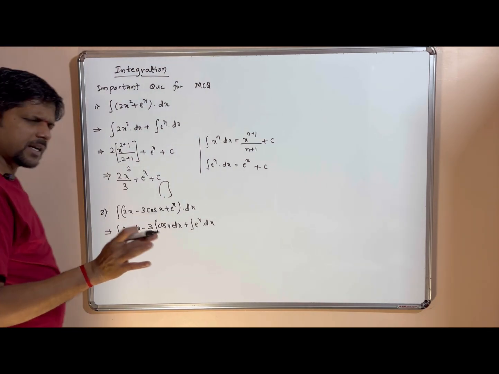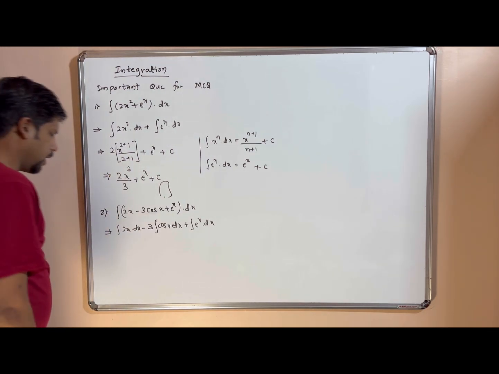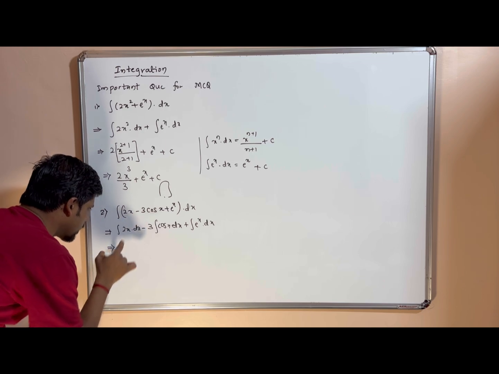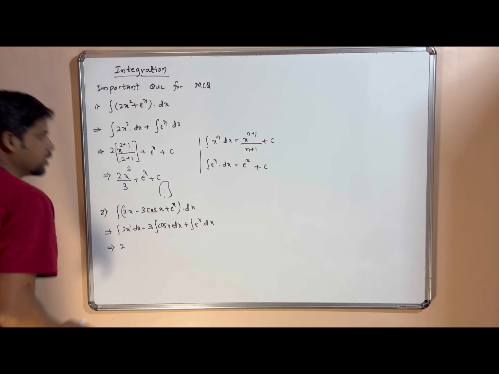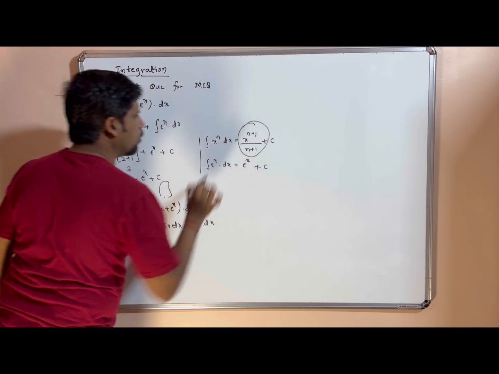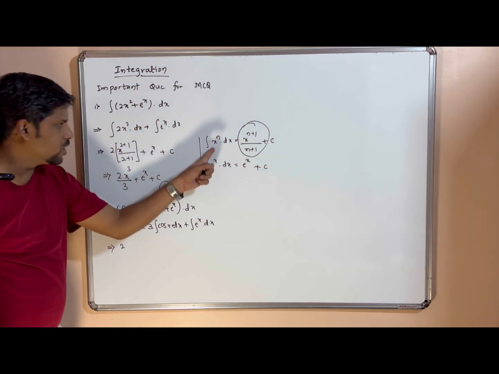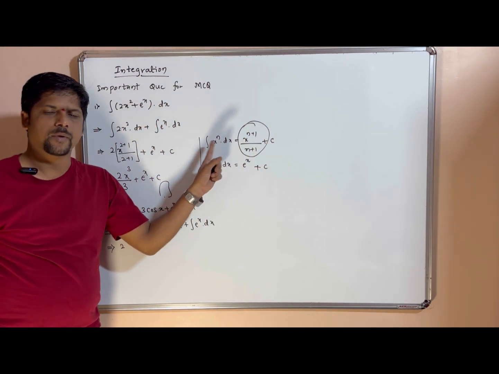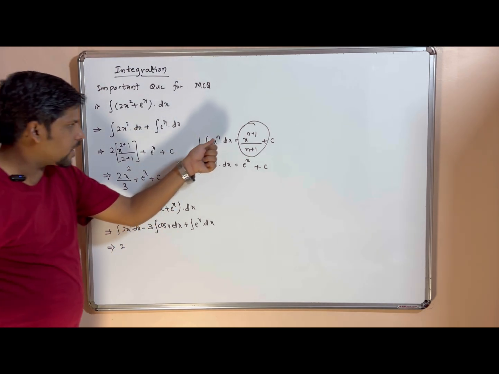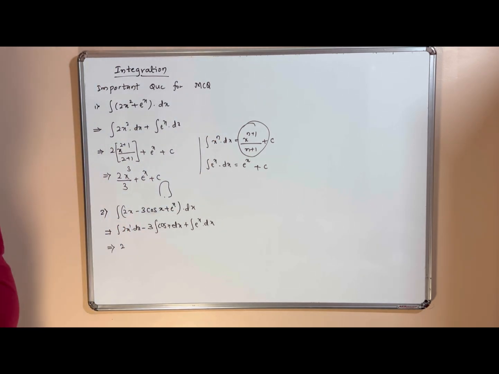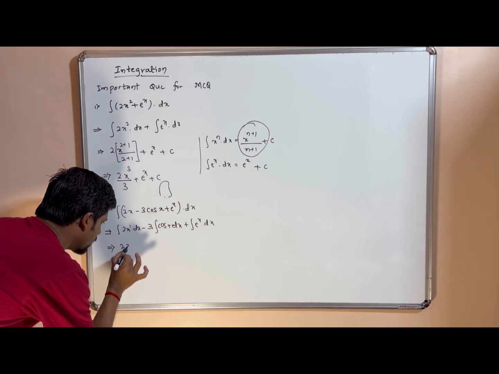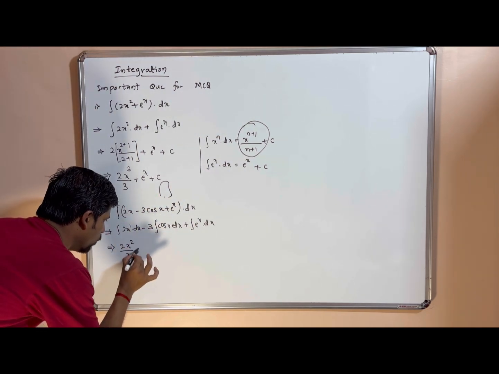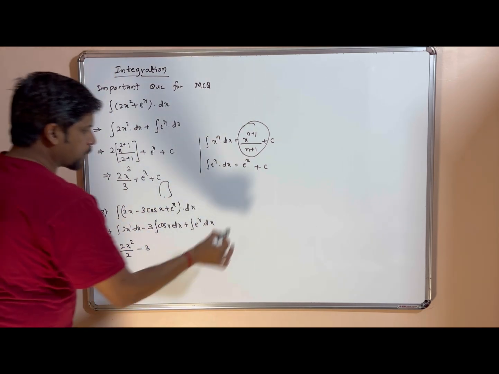So after practicing, you can also write it directly, right? So integration of 2x, 2 is constant, x power is 1. So again I am going to use the same formula, because comparing these two we have the same. In place of x we have x only, and in place of n we have only 1. So integration of x to the power 1 plus 1 is 2, that is x square divided by 2, minus 3 is constant, integration of